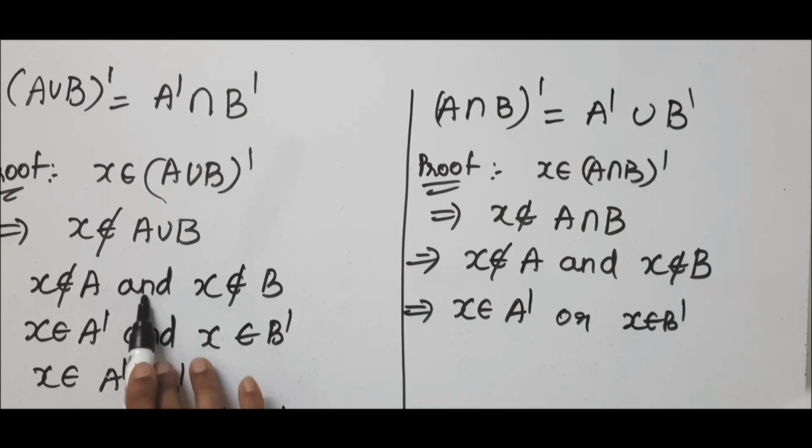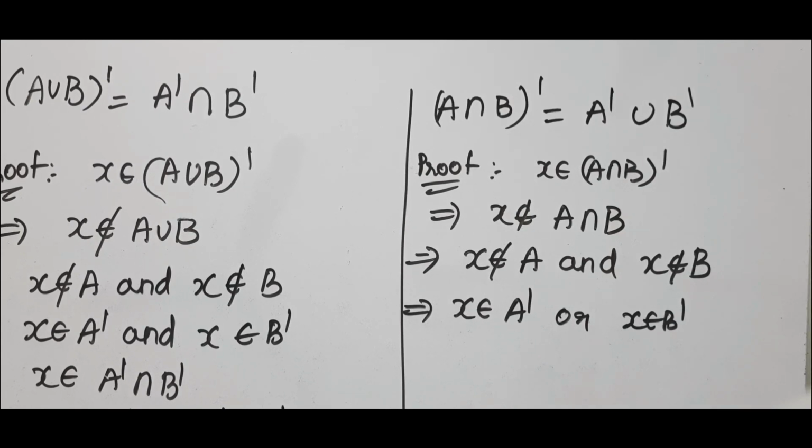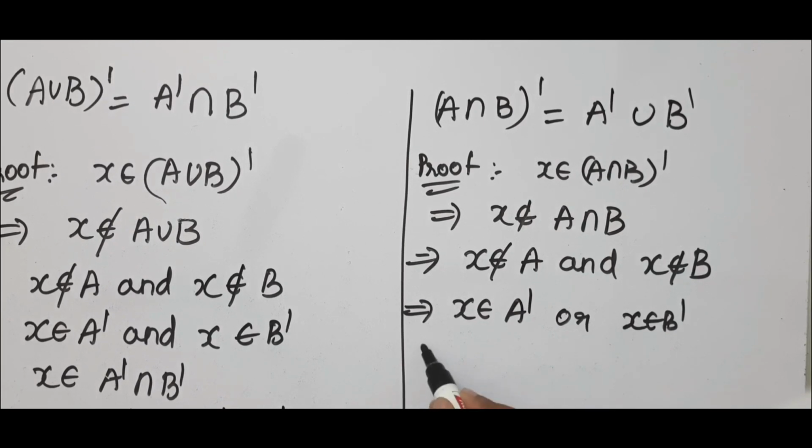Here we have to show that it is A complement intersection B complement, so I have kept the word and the same. Here we have to show that it belongs to A complement union B complement. When union is there, we have to get the word or. Is it not? So I have changed the and word to or. The same sentence means the same. So this becomes X belongs to A complement union, or indicates union, B complement.